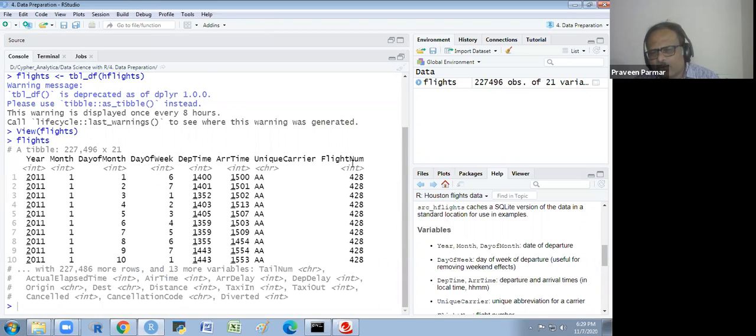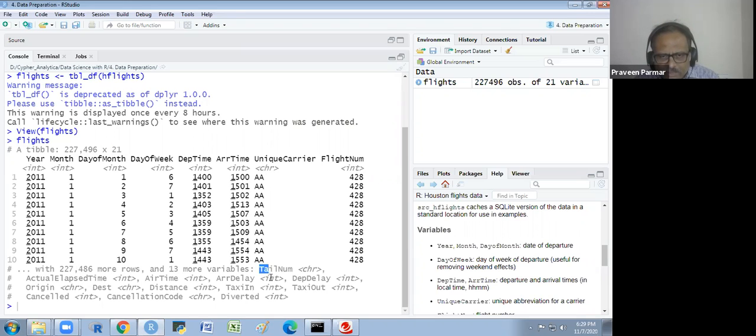It will just give us some glimpse of that data like this. Few columns it will show you. And then table 227,496 rows and 21 variables. It is giving us the top 10 observations and few columns only, not all. And then it writes 227,486 more rows are there and 13 more variables.